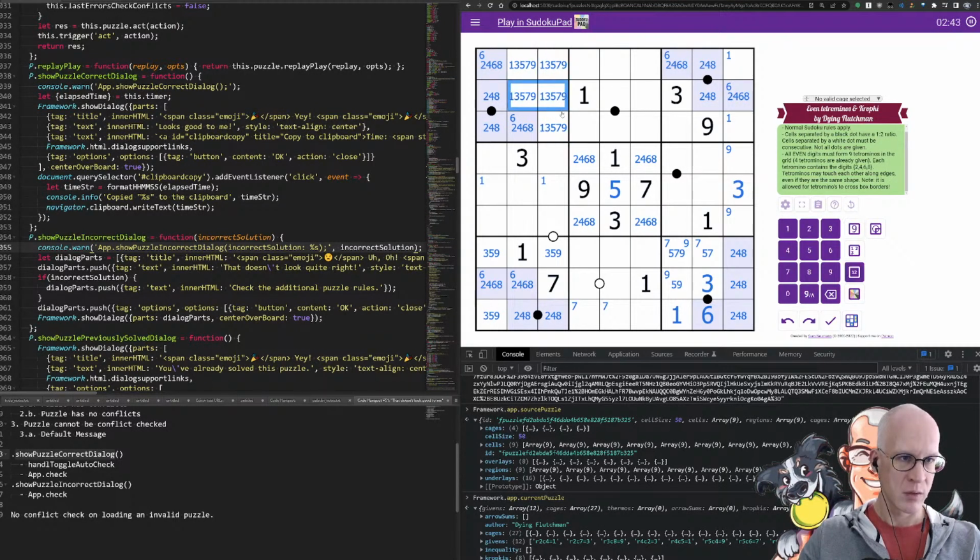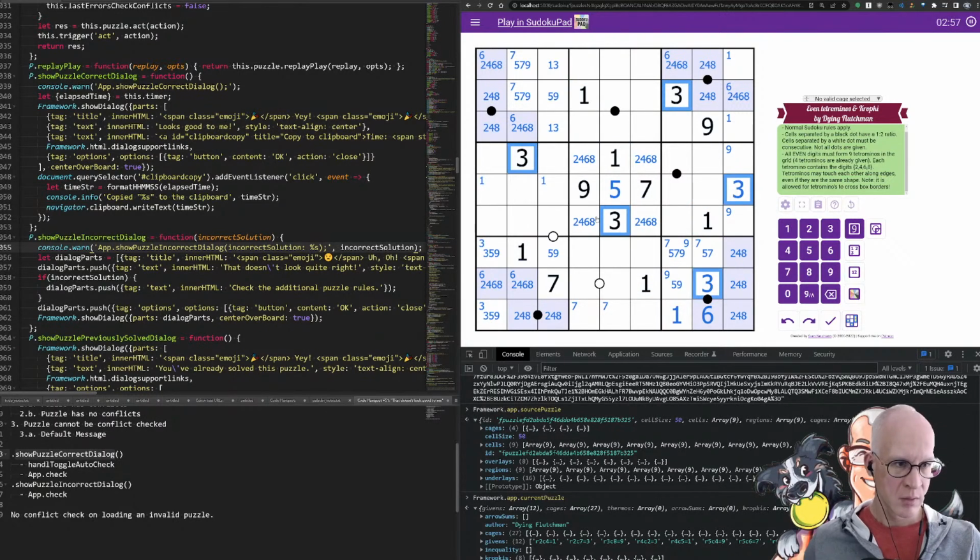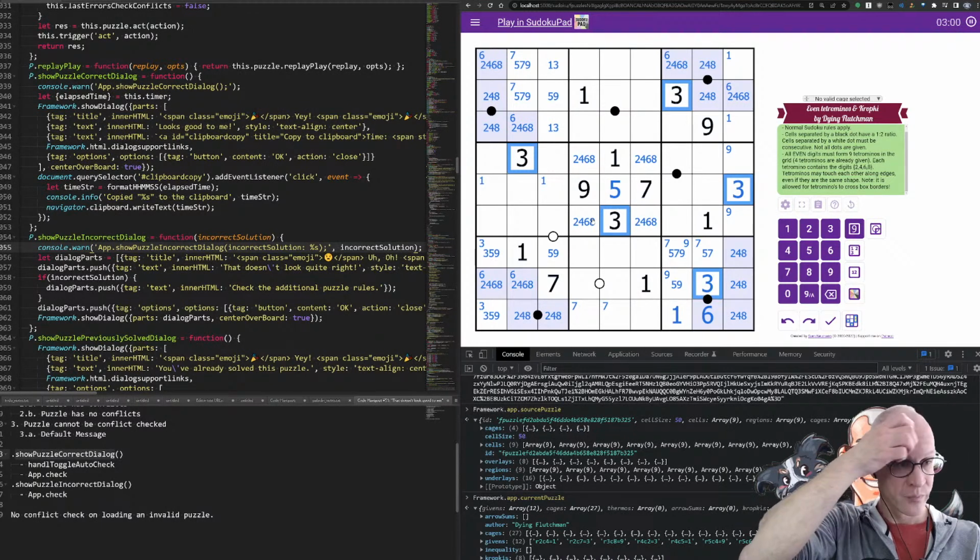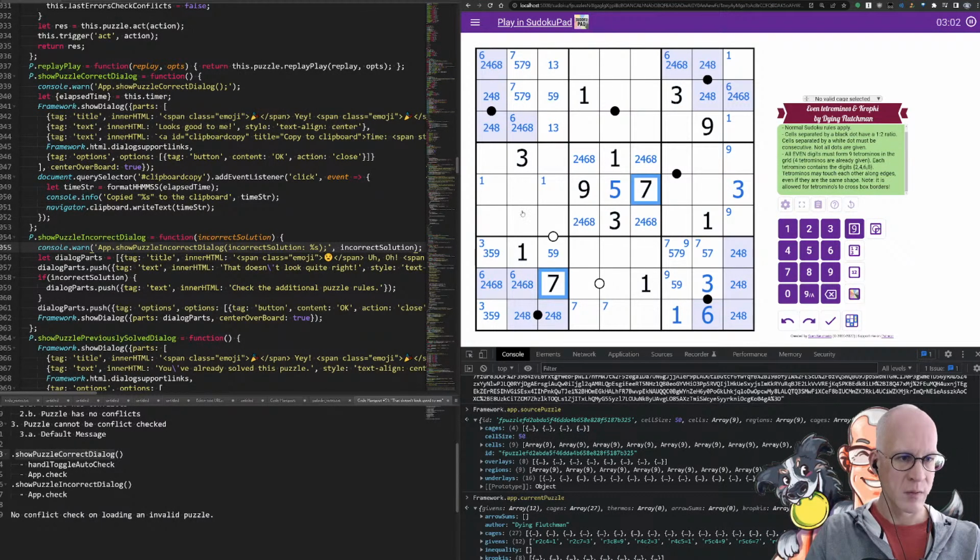Where 1 and 3 aren't here or here. So these two are actually a 1, 3 pair. 7 isn't here. So that's not a 3. And 7s are now here.